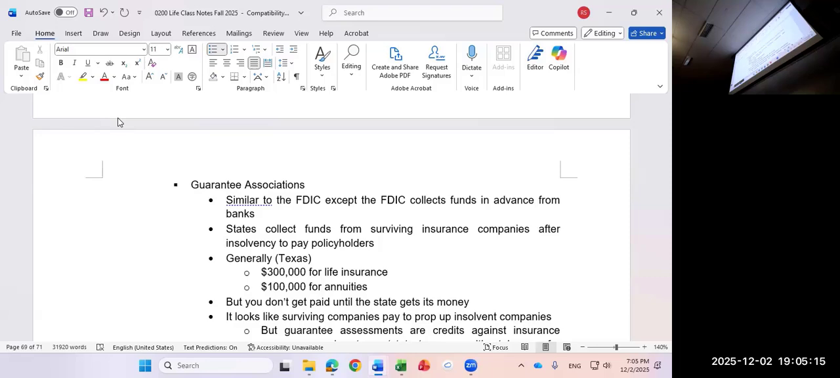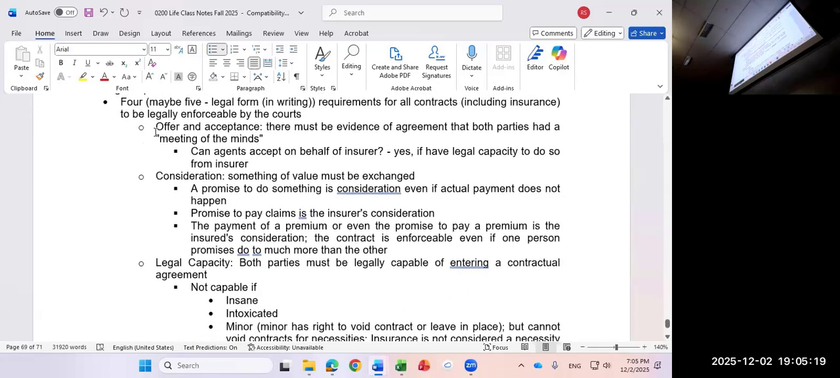All right, so yeah, you're hitting on it. So you have to have offer and acceptance. There has to be an agreement. All right, offer and acceptance. You can't get into a contract with someone who has no idea what you're doing. Now this one's important for insurance,